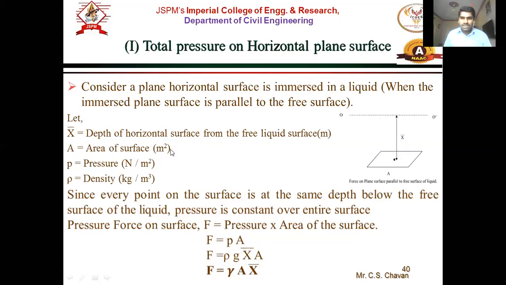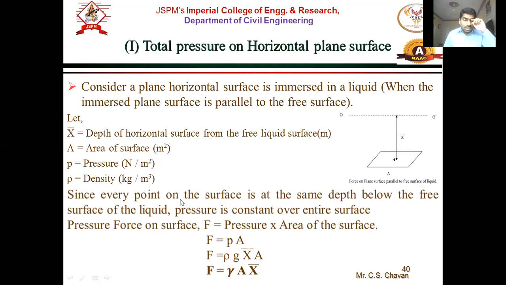A is the area of the surface in square meters. So P, small p, is denoted for pressure. So pressure is the intensity. Its unit is Newton per meter square. So the pressure will be acting over this area A, right? Now it is the constant pressure. Whenever it is horizontal, the pressure intensity will be constant throughout the surface of the plate, and the fluid density, that is mass density, is rho, that is kg per meter cube. So whatever the fluid is present here, its density, mass density, is rho.